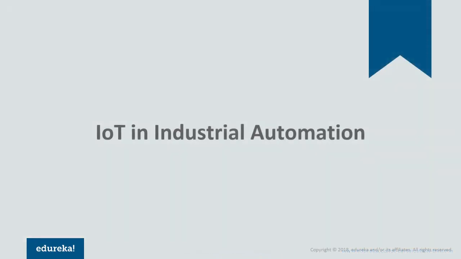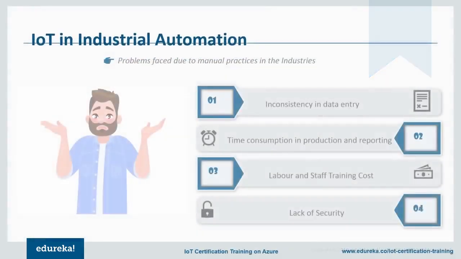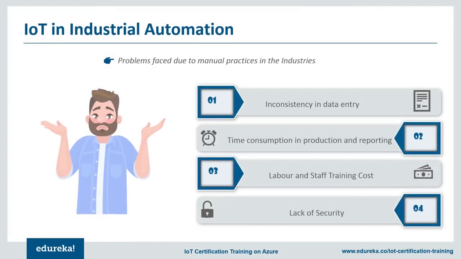Next, we have another domain where IoT could prove to be a game changer. This is one of those fields where both faster developments as well as the quality of products are the critical factors for a higher return on investment. I am talking about the industrial automation sector. But there are still a few problems that need to be addressed in this sector.